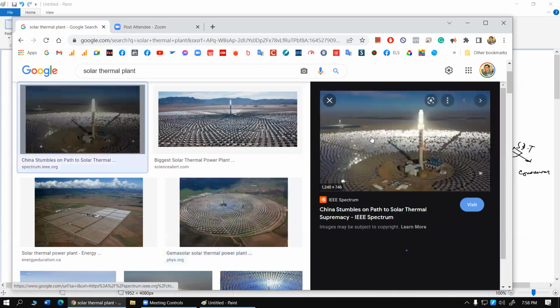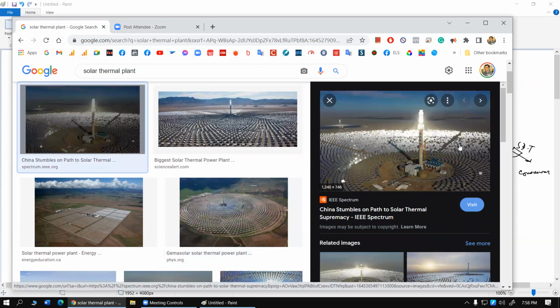Here is another view of this thing. Have a look at this image. All of these mirrors are placed in such a way that they are individually sending up that light, their heat energy, onto this white illuminated part over here. This illumination is coming from the concentration of all of this energy. So these mirrors are actually concentrating the energy of the sun and sending it at one single point. Inside this tower, inside this location, we actually have a boiler